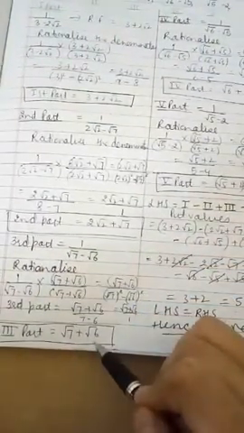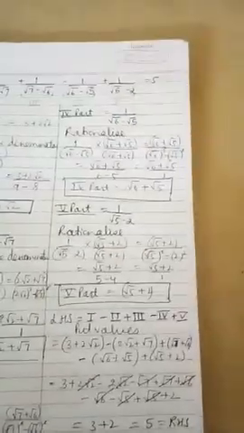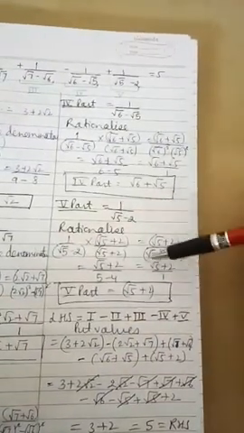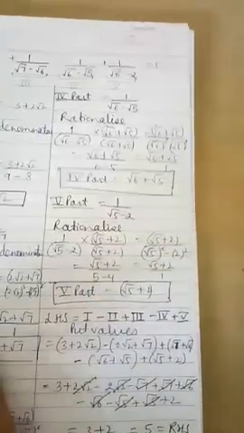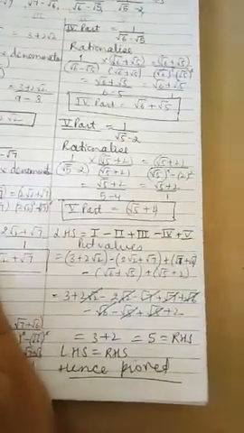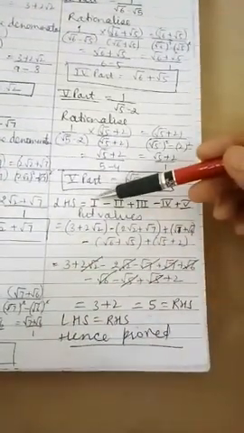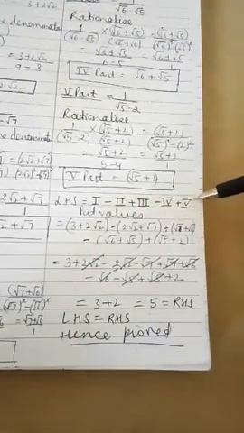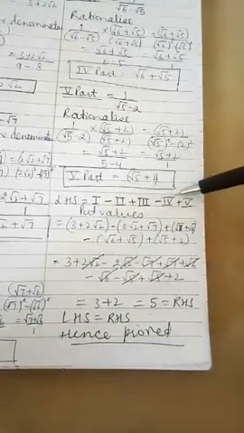You got this answer. Then again the fourth part, you will take its rationalization. Then you will get this answer. Fifth part also, simple rationalization you will do. And what they have asked you is to prove this should be equal to 5. Then the statement is first part minus second part plus third part minus fourth part plus fifth part. You will put all the values of the first, second, third, fourth and fifth parts.